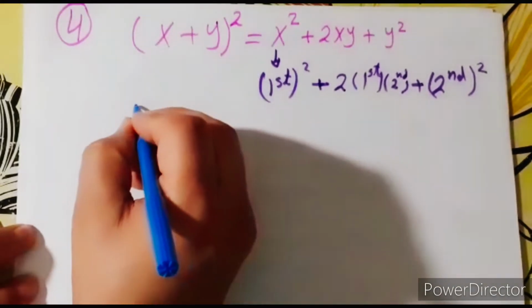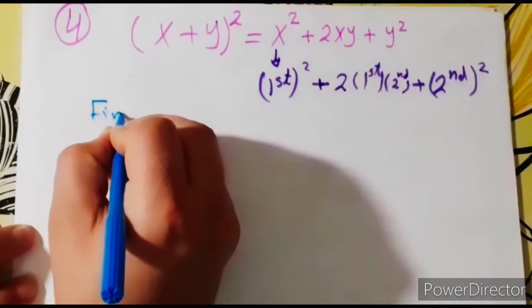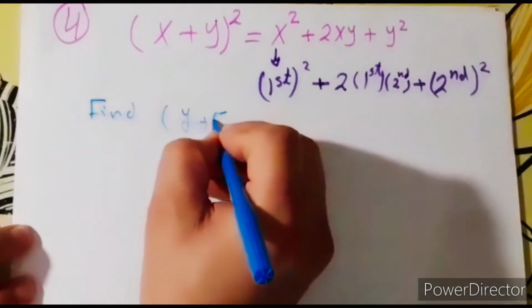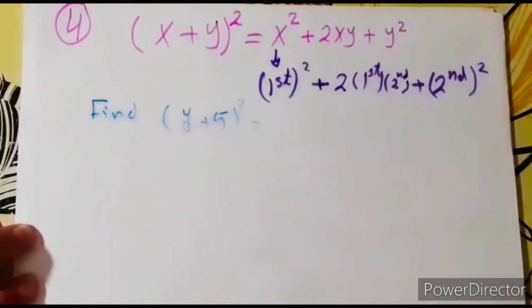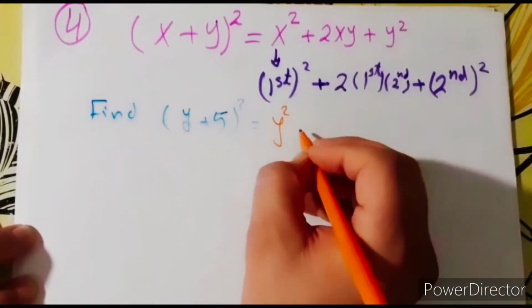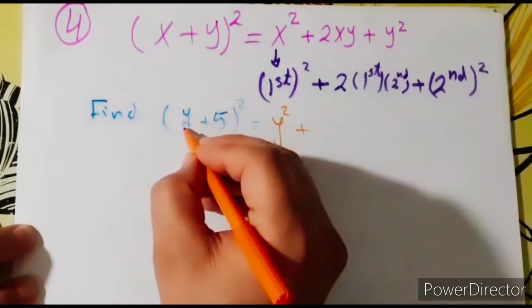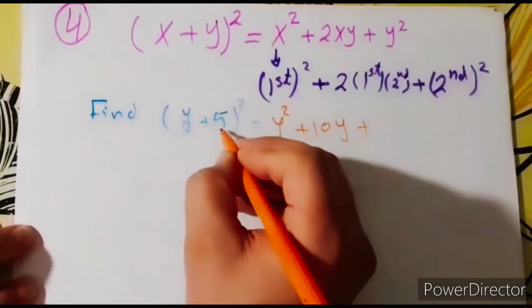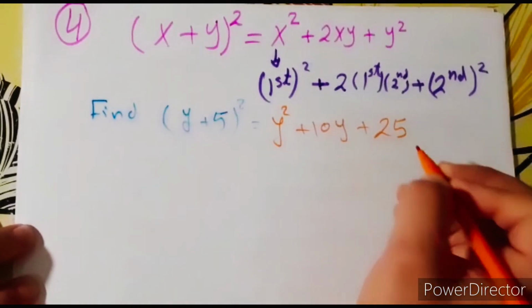Another example, find y plus 5 whole power 2 equals the first, y power 2, plus 2 multiply y equals 2y, multiply 5, 10y, plus second power 2, 25. Okay,